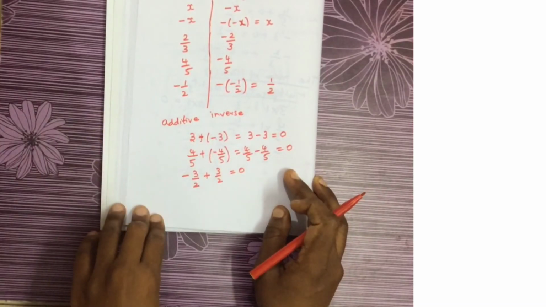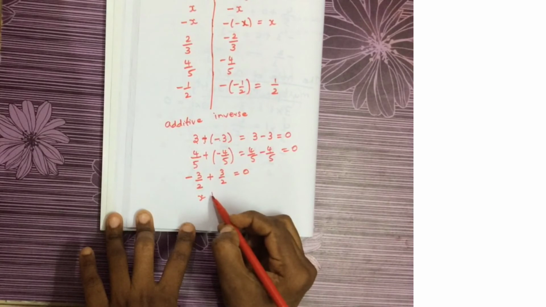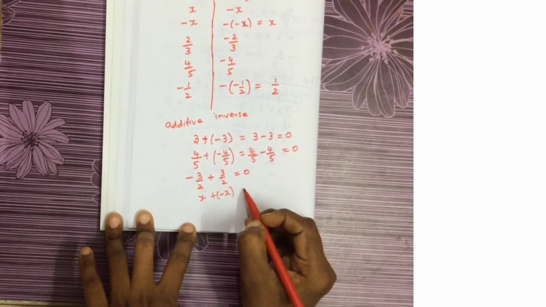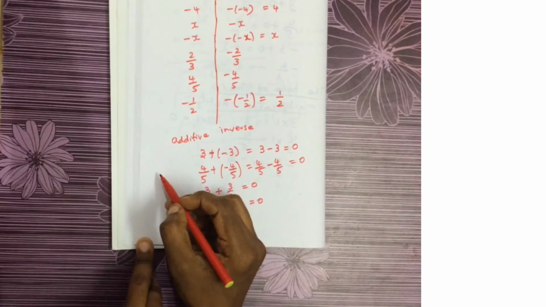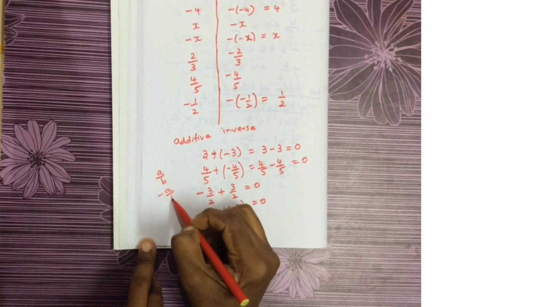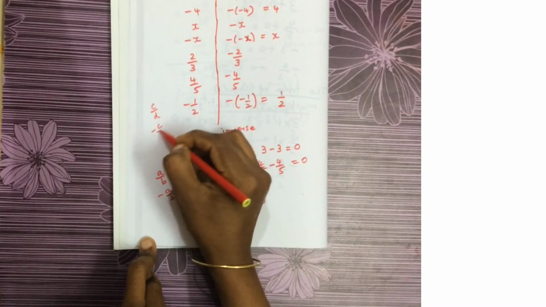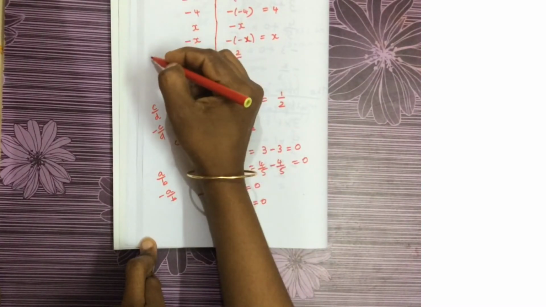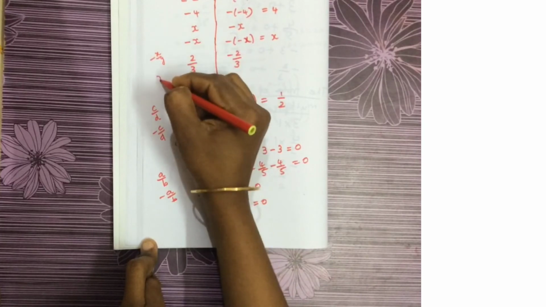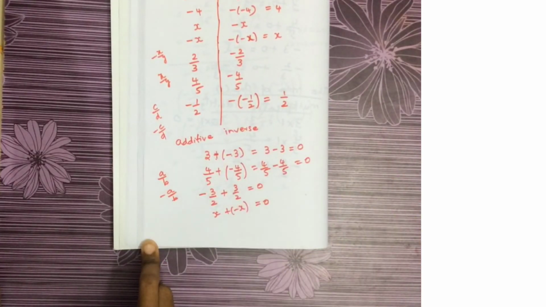So in general we can say, whenever there is an x, to that x, if you add its additive inverse minus x, you will get 0. So now the additive inverse of a by b is minus a by b. Whatever it may be, the additive inverse of c by d is minus c by d. What is the additive inverse of minus x by y? It is x by y. Okay, by this we are completing the additive inverse.